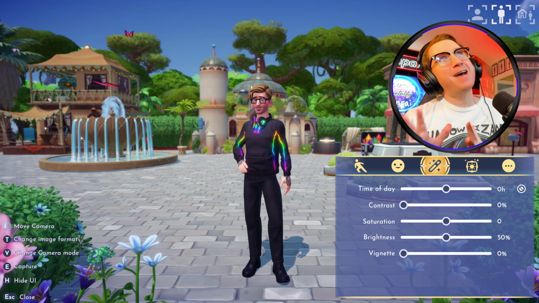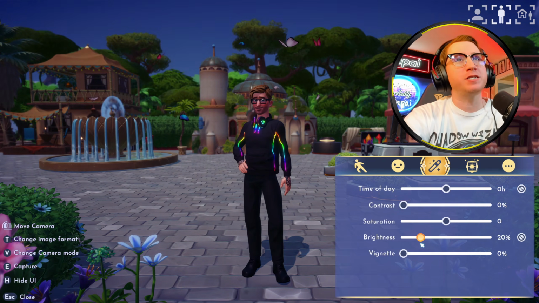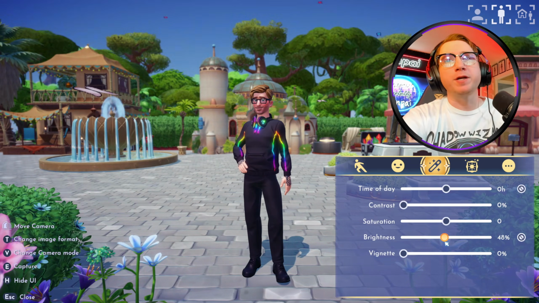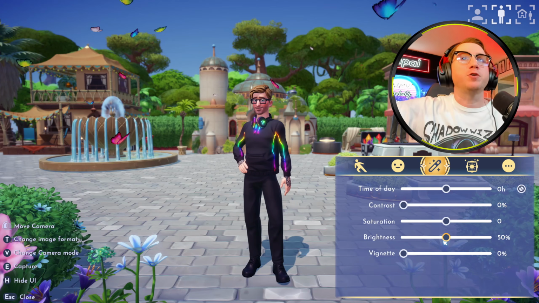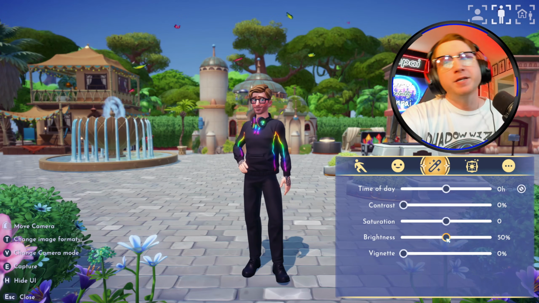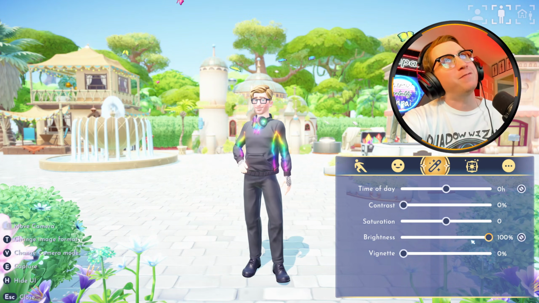Now, our next tab is pretty self-explanatory. This one is brightness, and this is just going to adjust the levels of lighting within your photo. This can be really handy if you're in like a shaded spot and you're trying to take a nice sunset photo and you have the sun behind you, but everything in your foreground or midground is a bit dark. You can adjust the brightness. Just be aware that if you go too high, it's gonna be kind of painful, even if it is a